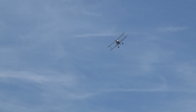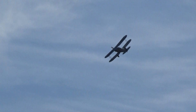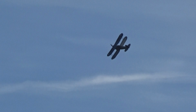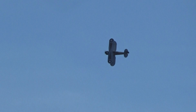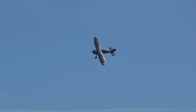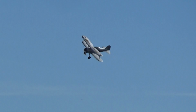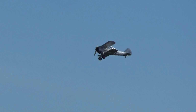There were in fact more Blenheims in RAF service, nearly 1,100 of them, when war broke out against Germany on the 3rd of September 1939 than any other single aircraft type. And that of course was across various roles, because although it had originally been conceived in its military form for the RAF as a light bomber,